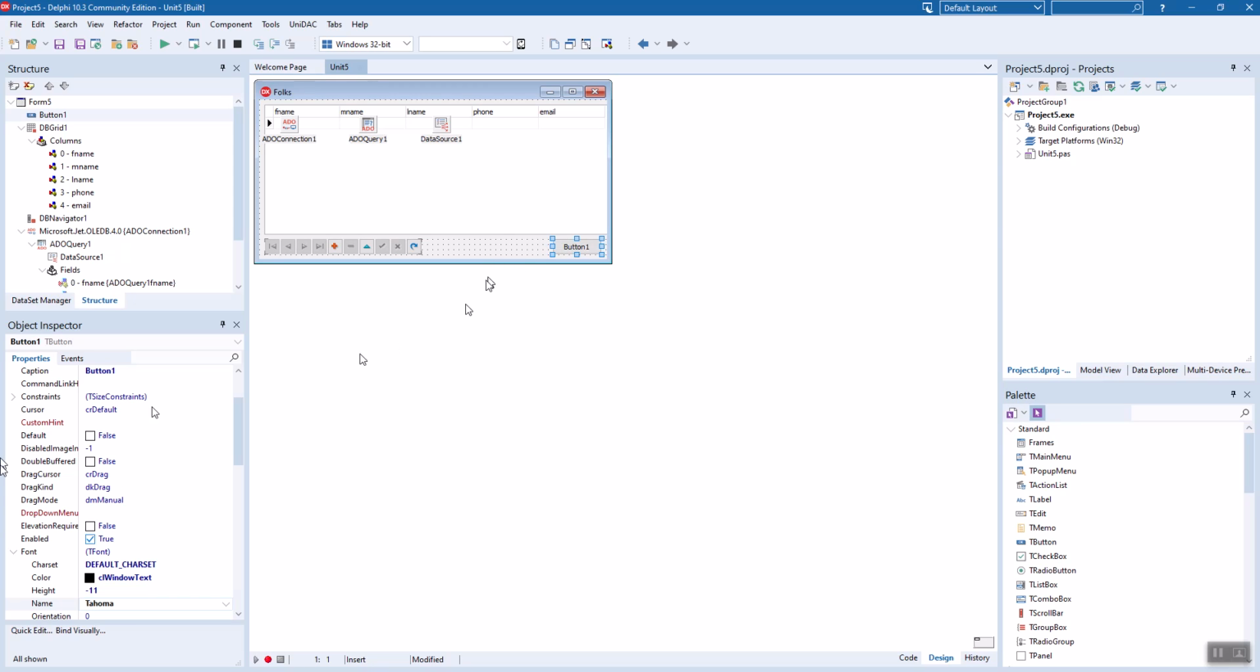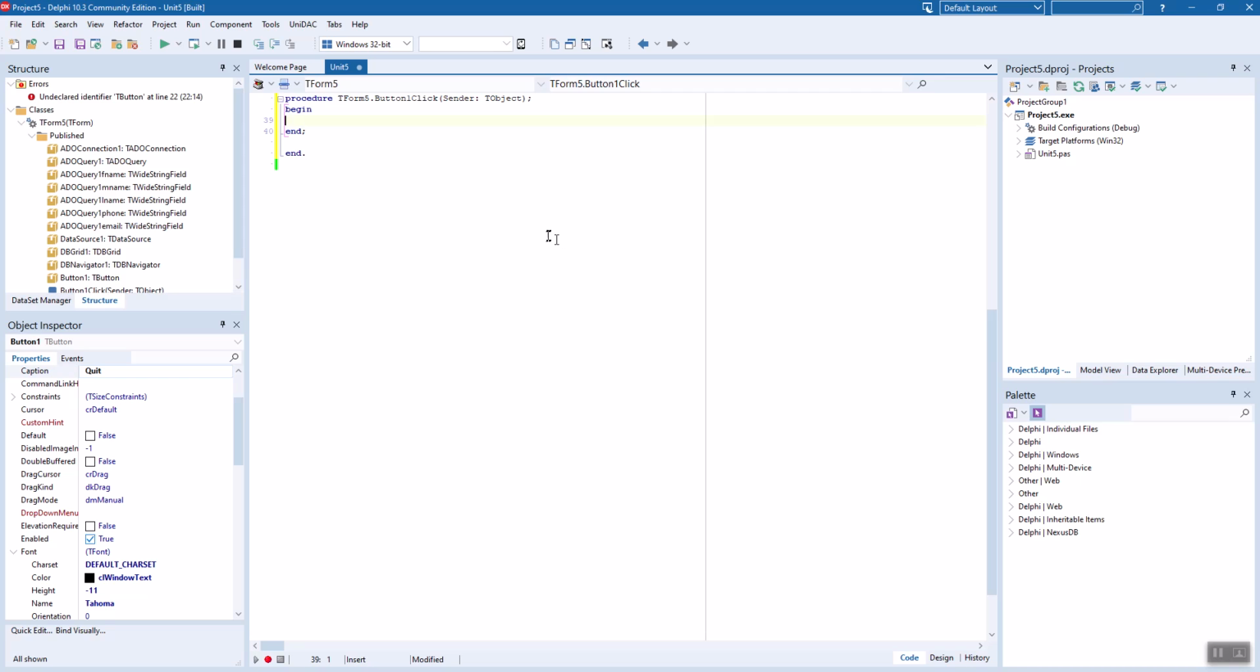That's nice and lined up. We'll give this a different caption. We'll call it Quit, because that's exactly what we wanted to do, quit the application. Double click on it to get to the code behind, and we'll just put